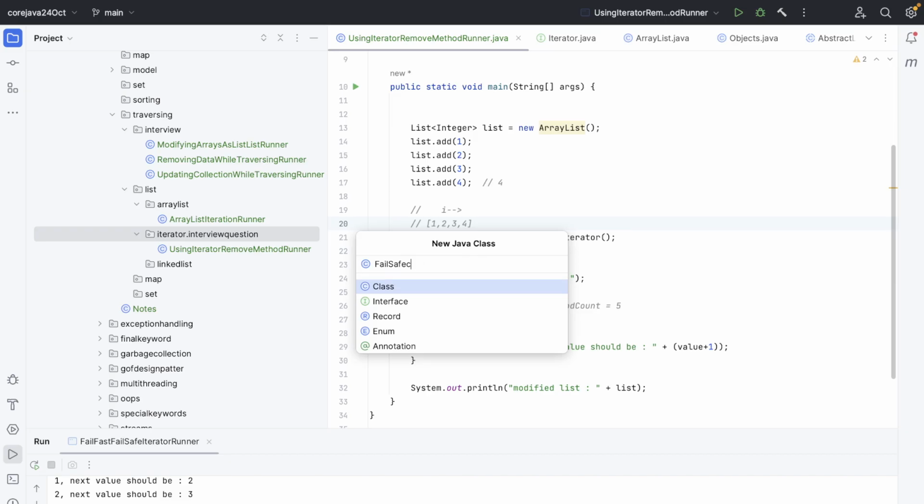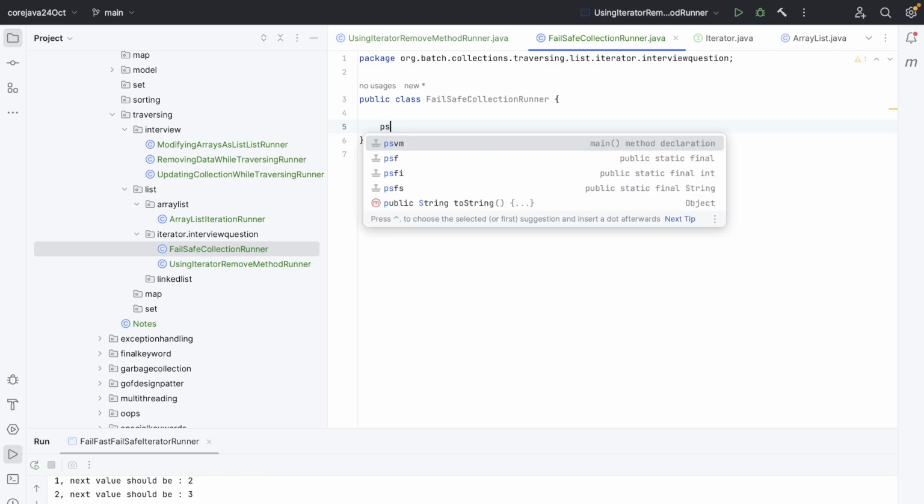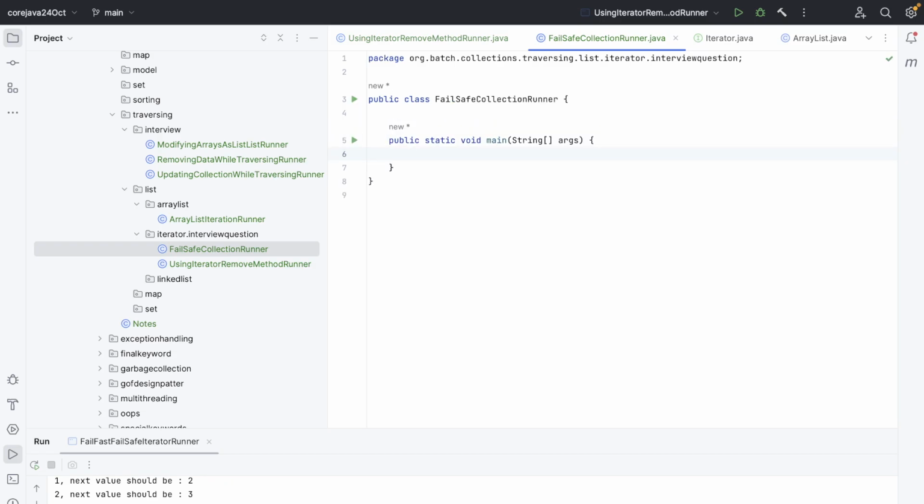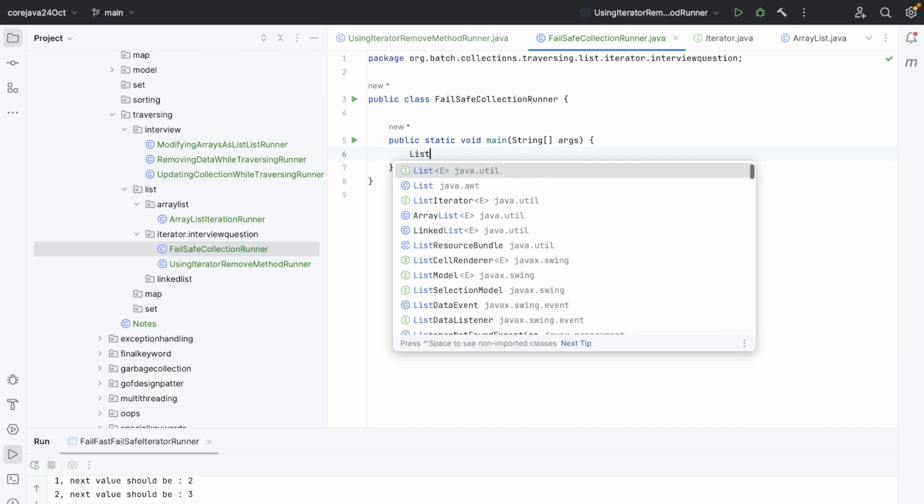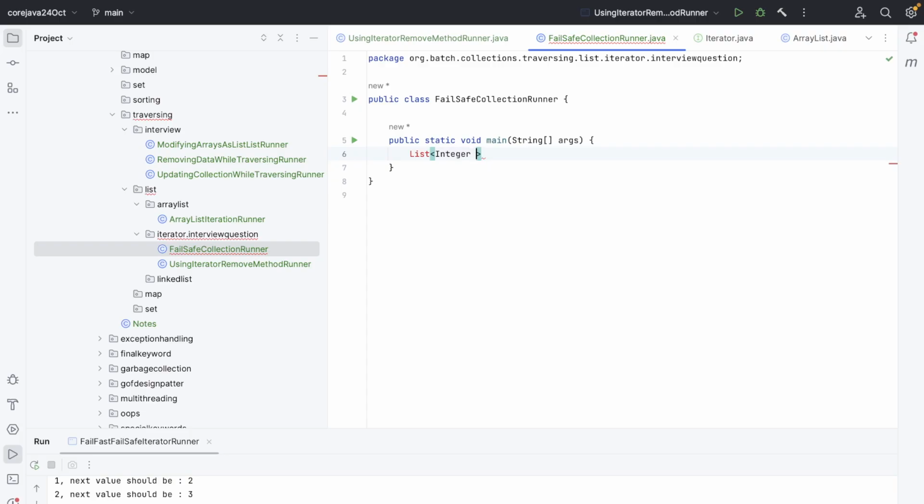collection. All right, so anyone having any idea about any fail safe iterators or collection? I'm audible? All right, no worries. So see, let's write something first and then we'll update the code. So let me know something, anything. Let me know if I will be able to do this thing or not, and what will be